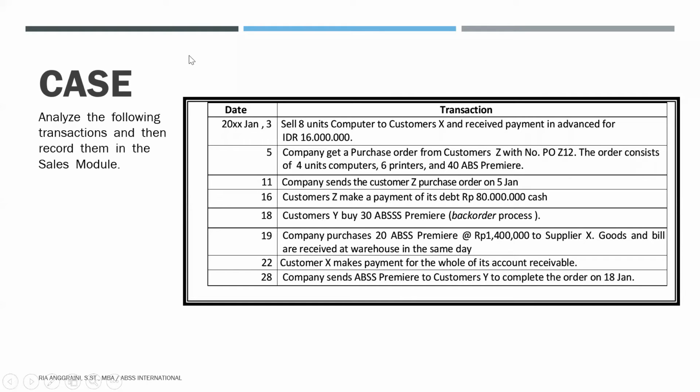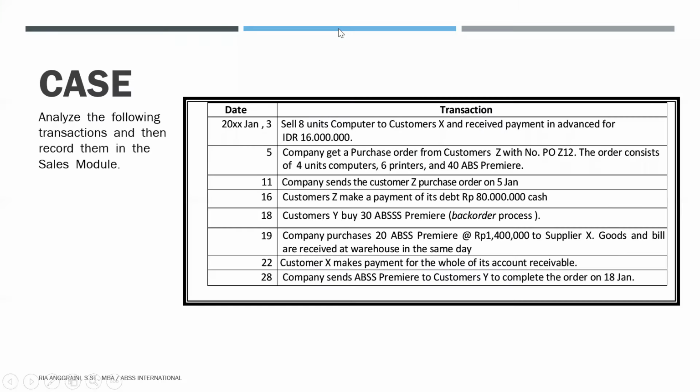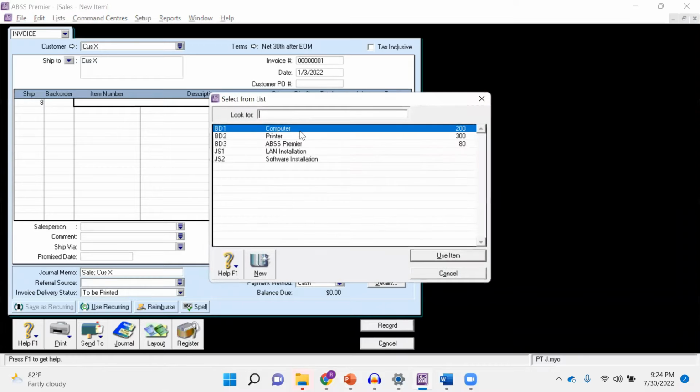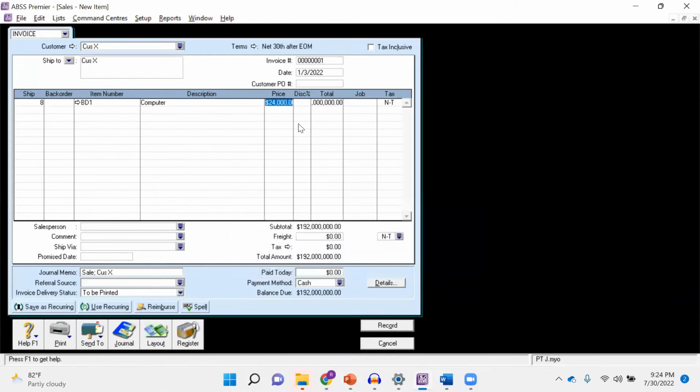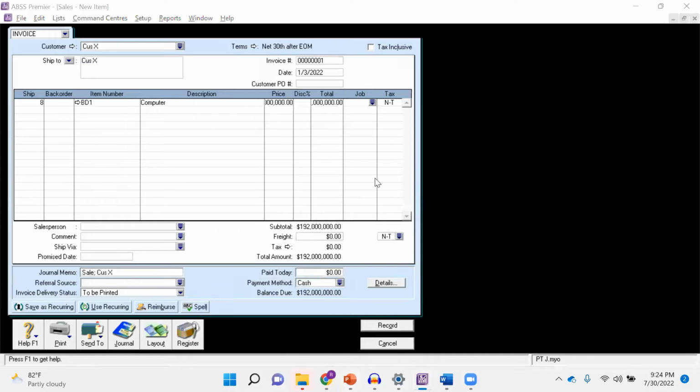The customer is customer X. Don't forget to adjust the date. Okay. And we ship 8 units for the computer.